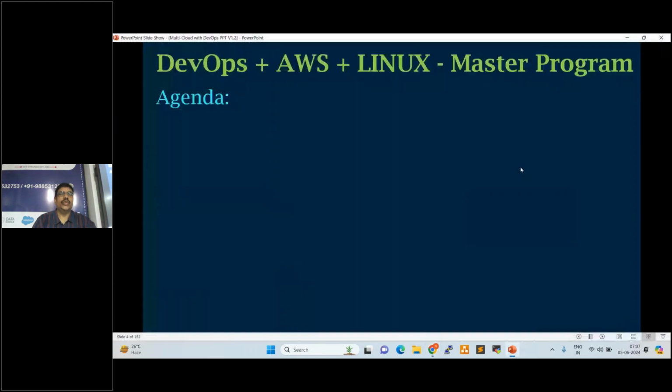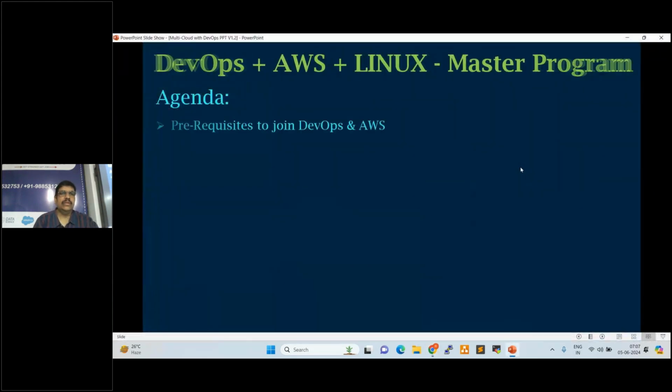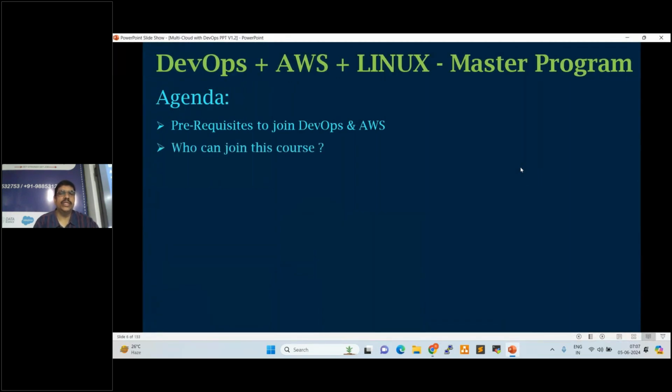Today's agenda is: what are the prerequisites to join DevOps and AWS, and multi-cloud? Who can join this course, and who can learn this? Course information and instructions to attend the course.